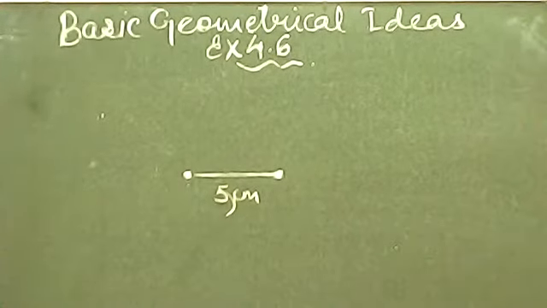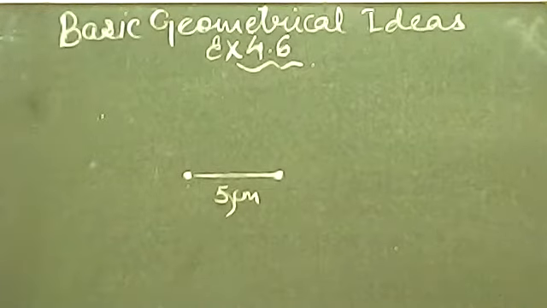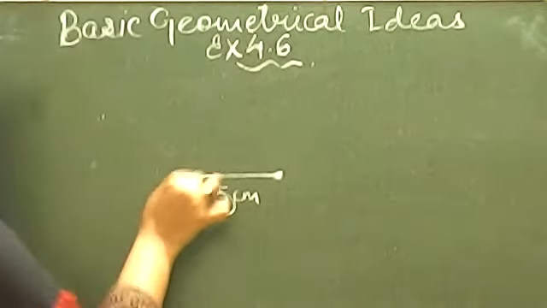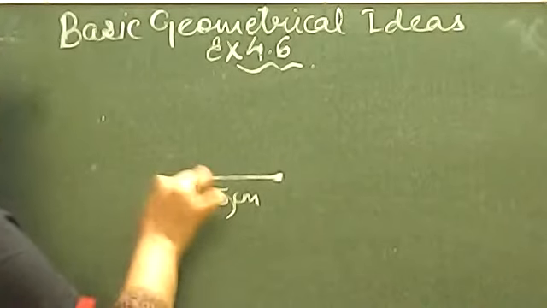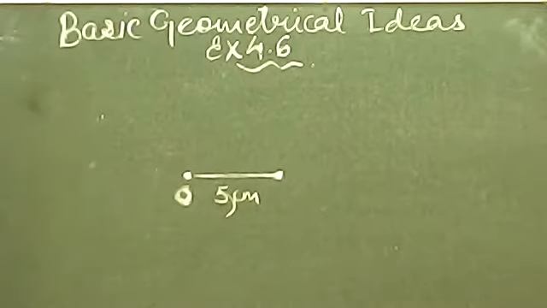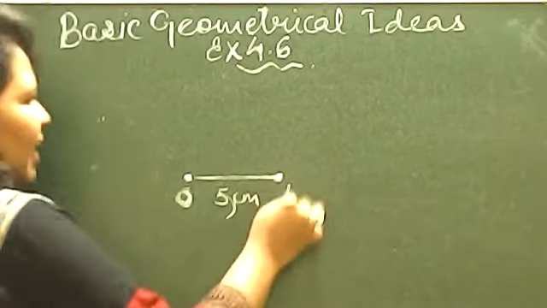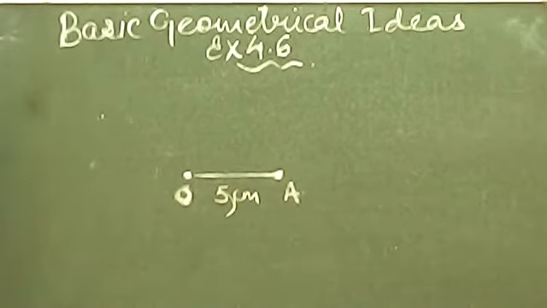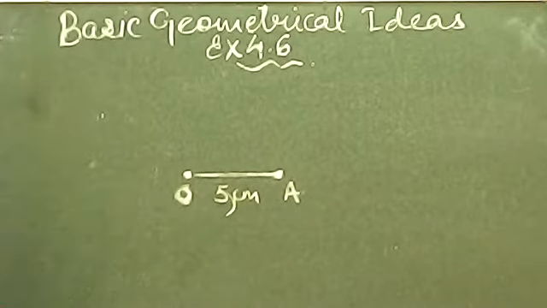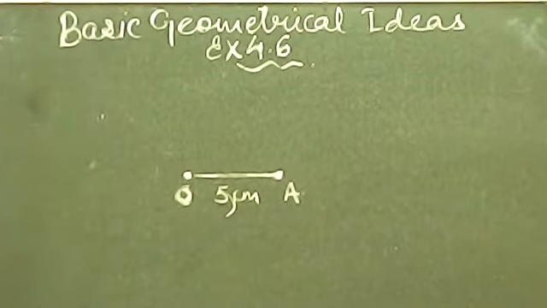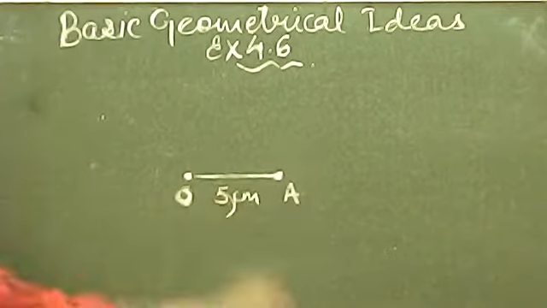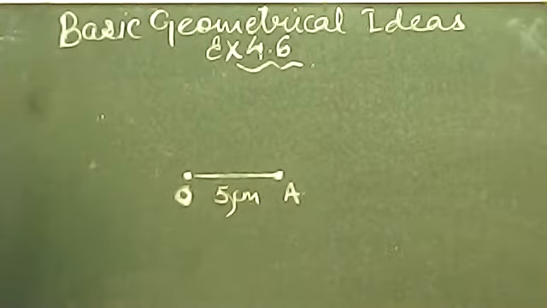After drawing this line segment, please take this one as a center. I am giving this point the name O. And another one I am giving the name A. You can give any other names too, it is up to you how you want to name them. I have named one point as O and another point as A.